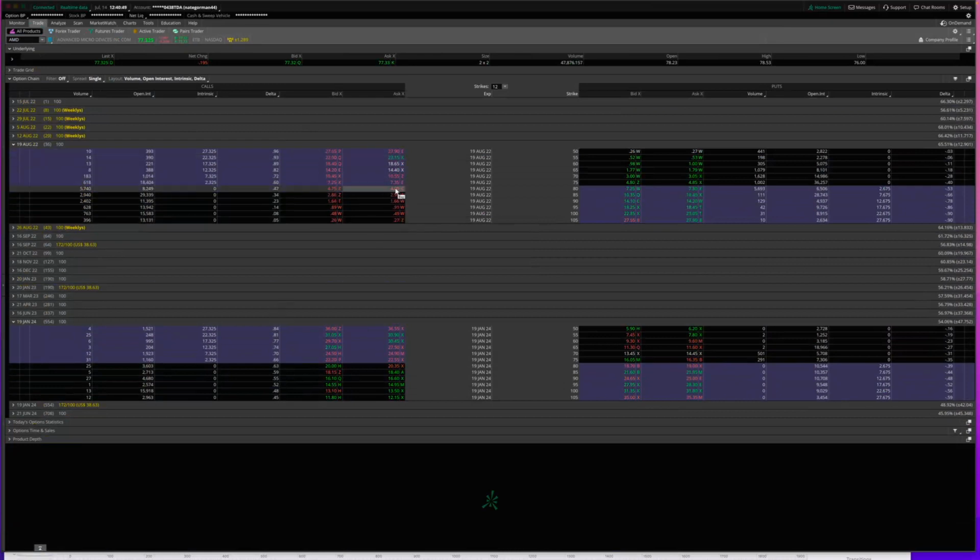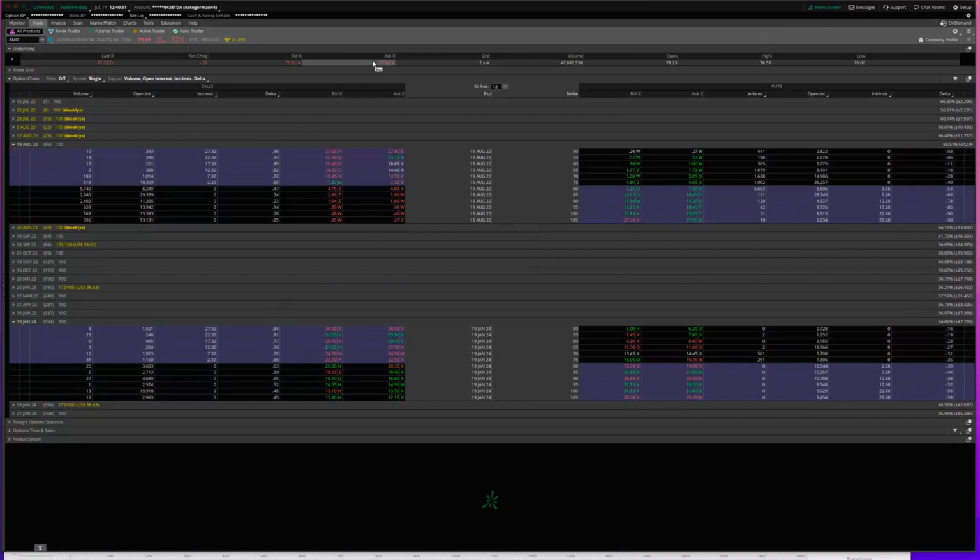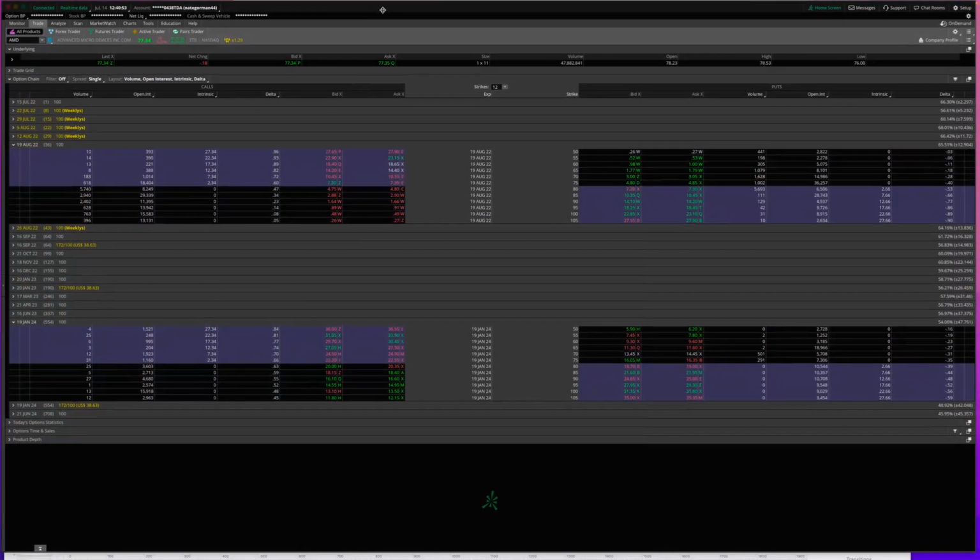Obviously, we want to know our risk, so we need to know what we're willing to risk on that trade. But that trade, if we're going to buy one AMD contract at $75, the $75 strike is going to cost us roughly $7.40. So then I would buy to open, which for me,